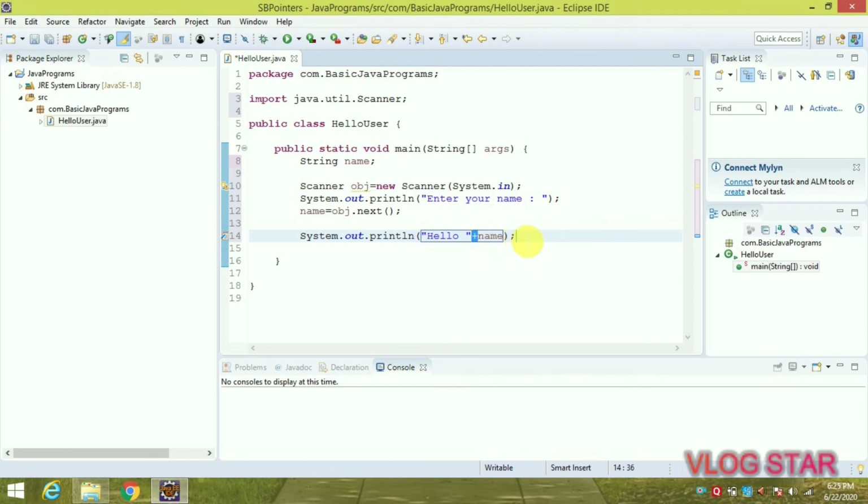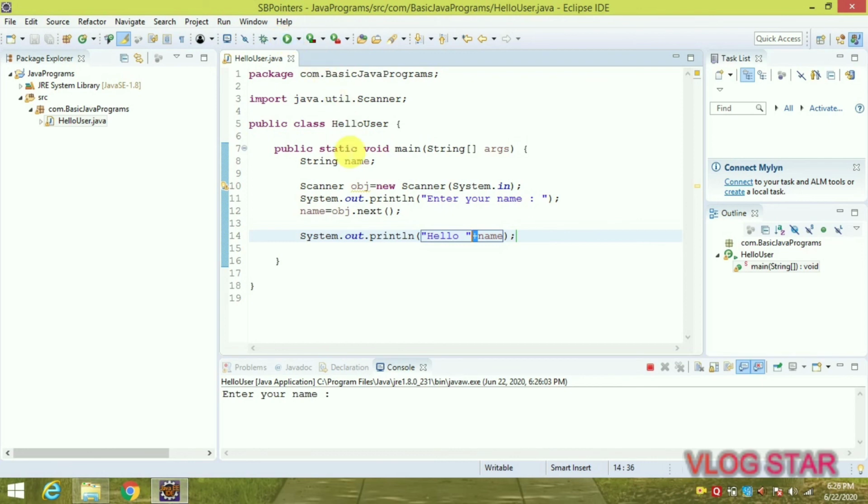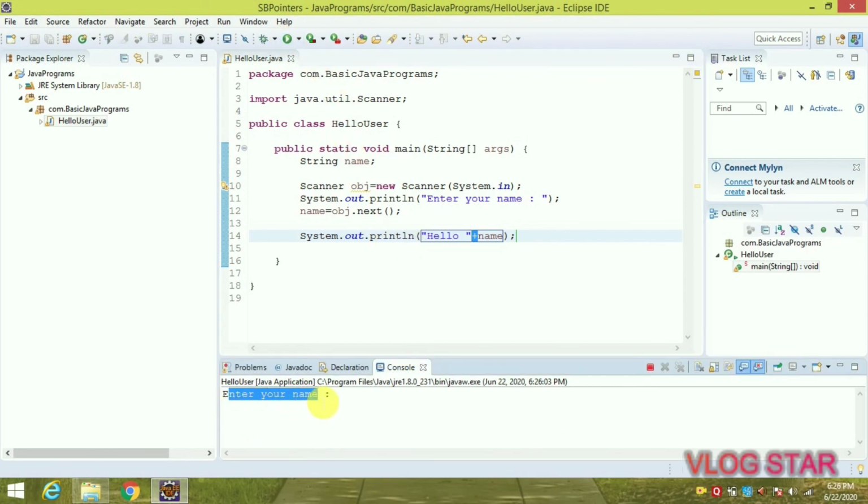Now before we run, we have to save our program, so press Ctrl S. Now go to this sign and run. Our program runs successfully without errors, so we can see the output here. Now it asks for the name. Now I am entering Crystal, so it says hello to Crystal. Suppose I want to run it again, and now I am entering Johnny, so it says hello to Johnny.